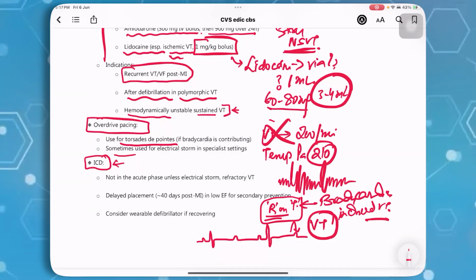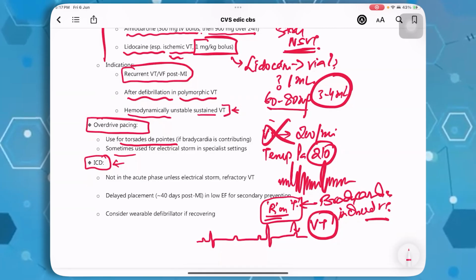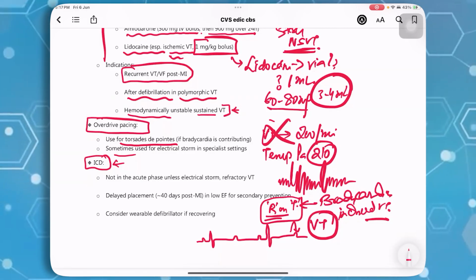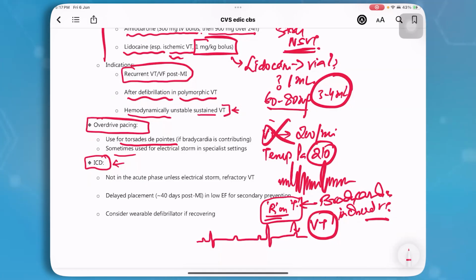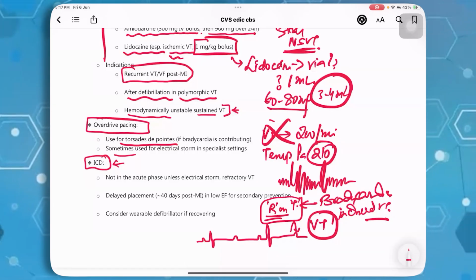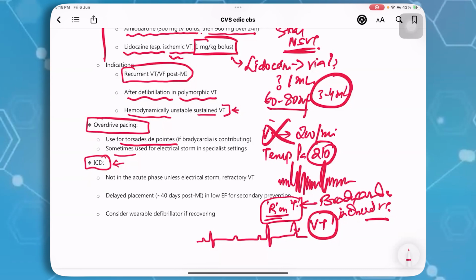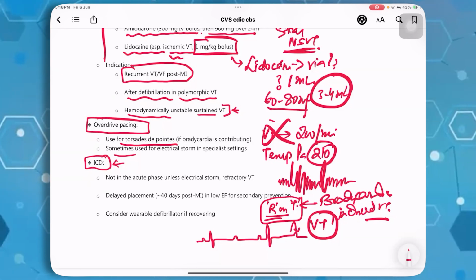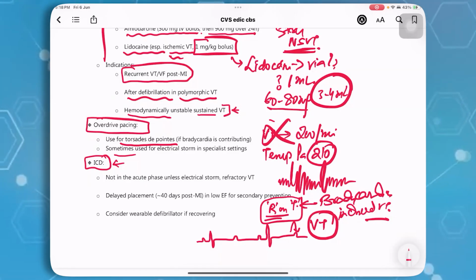ICD is not indicated in the acute phase. The guidelines say at least wait for 45 days on maximal therapy, that is GDMT, which is goal-directed medical therapy. Nowadays, it is an ACE inhibitor or angiotensin blocker or ARNI, along with an SGLT2 inhibitor, along with a good dose of beta blocker and a mineralocorticoid receptor antagonist. So once you have given these doses and the ejection fraction remains less than 35% at 45 days, that is